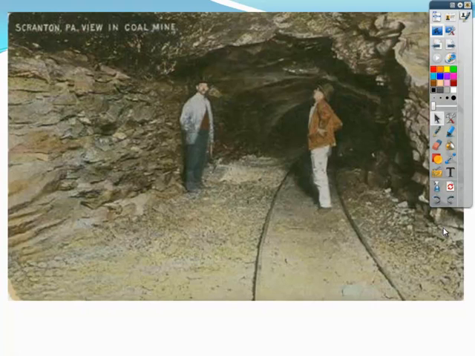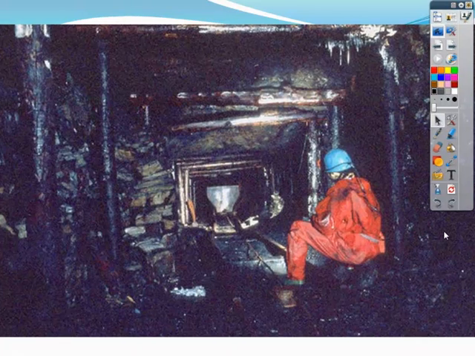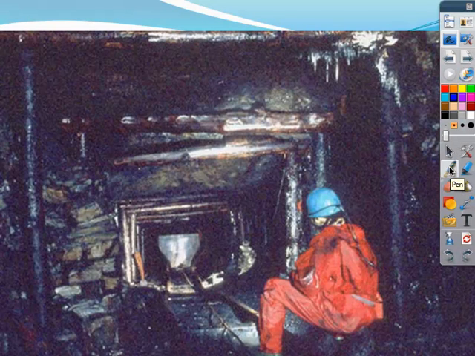Okay, the traditional way, like this picture in Scranton, is to create a coal mine. All right, where you go down, dig into the earth, go down the deep deposits of coal, create tunnels underground basically, and dig out the coal and bring it back up to the surface. When they did this, and I think many of you are familiar with the idea or the concept of black lung disease.